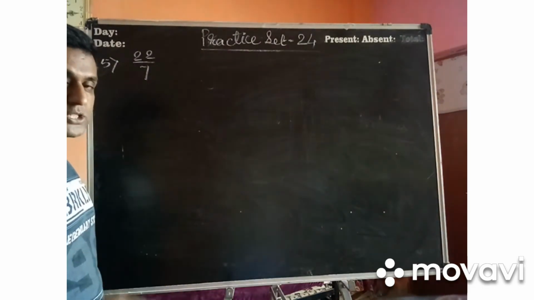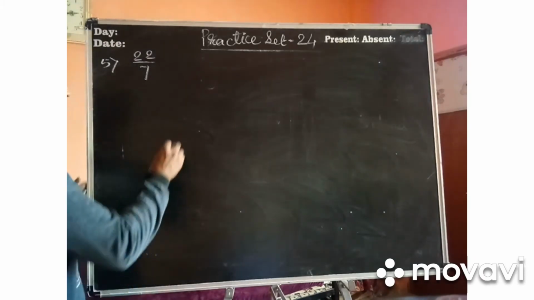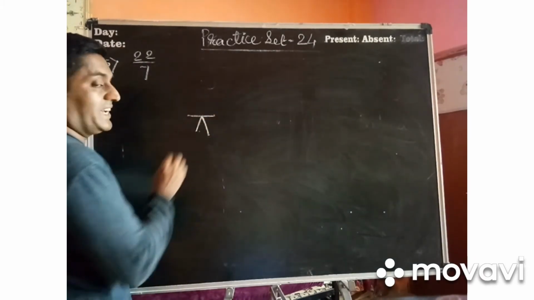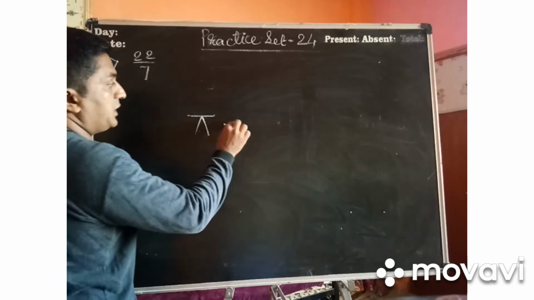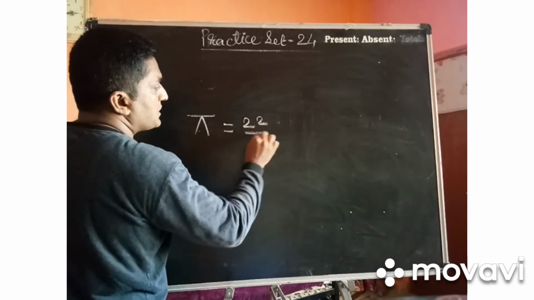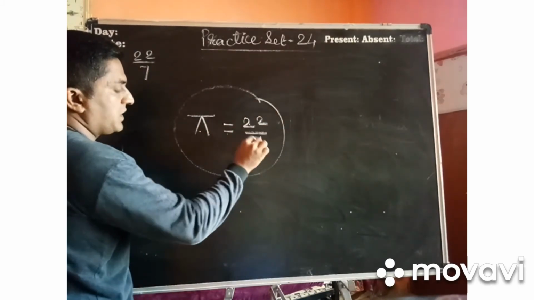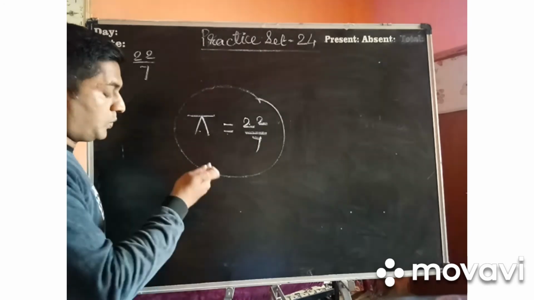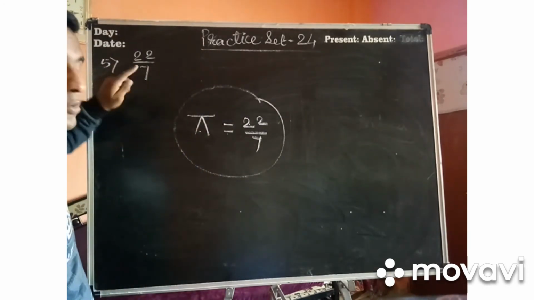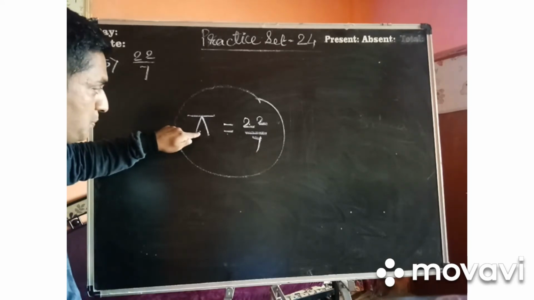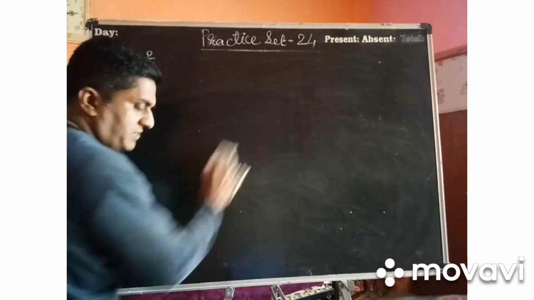Remember children, something extra I am telling you. In higher classes like 8th standard, 9th standard, 10th standard, you will see this letter. It is a Greek letter. It is called pi, and its value is 22 upon 7. This is called the value of pi, that is 22 upon 7. But now you don't want to see this, later on we'll see. Just remember, whenever 22 upon 7 comes, you consider it as pi. Value of pi is equal to 22 upon 7. Okay, so you have this rational number.